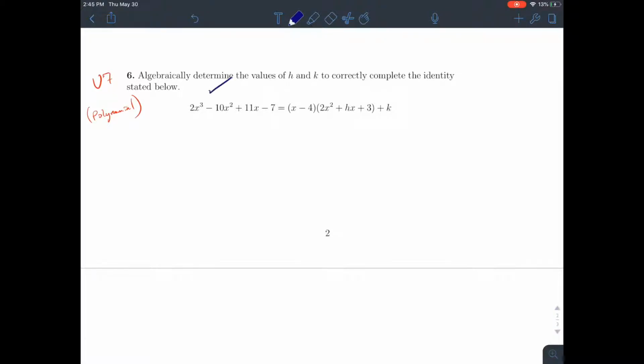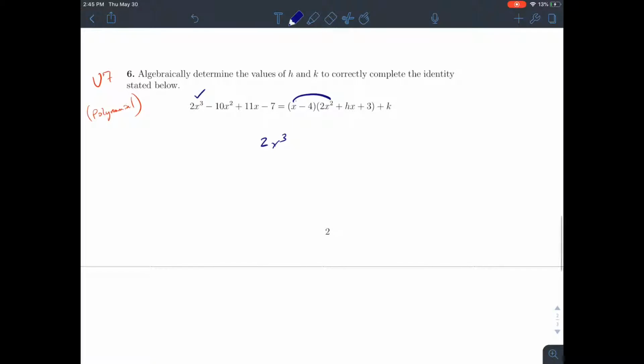So there's nothing to simplify on this side, so we'll check it off. Well, not really. But on this side, we'll distribute. We do x times 2x squared, which is 2x cubed. And that's great news because we wanted a 2x cubed. Now what we've seen is with problems like this, rather than distributing this x to all of them, it's helpful to alternate between x and negative 4. This gives us negative 8x squared, which is less successful than the 2x cubed because we actually want negative 10x